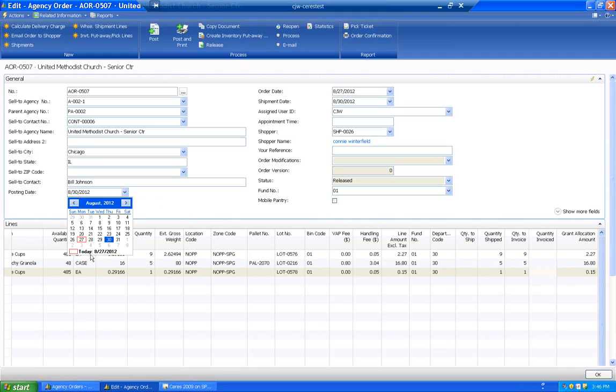So I'm going to pretend that it's going to be next Tuesday. So I update the posting date. The shipment date remains the same because that's the date that the product left the building, either was picked up by the agency or they had it sent out via delivery. Now,